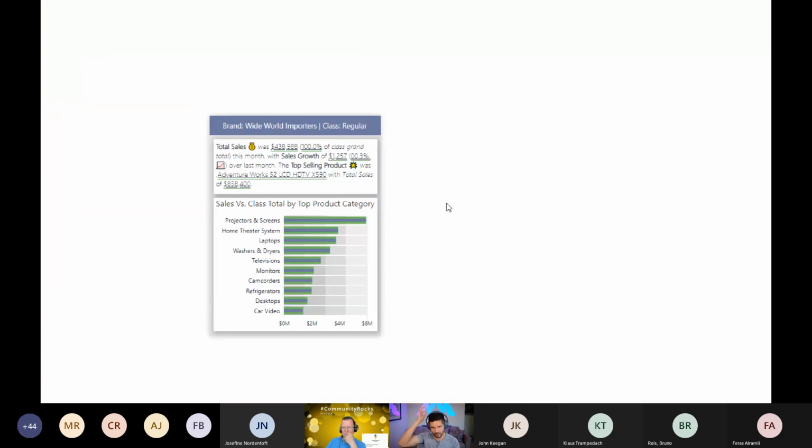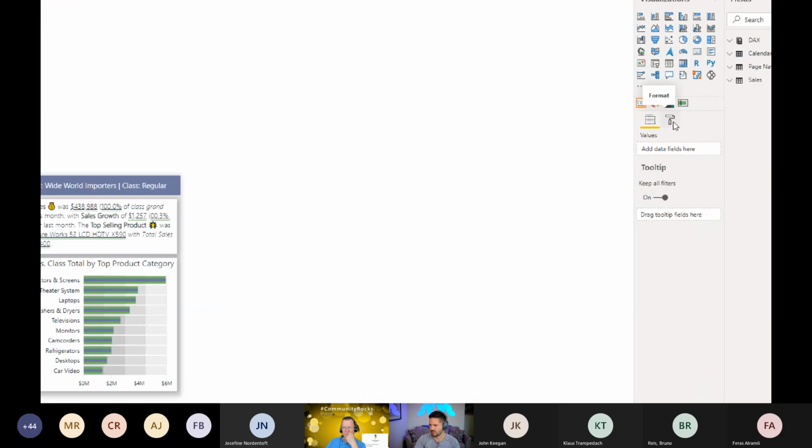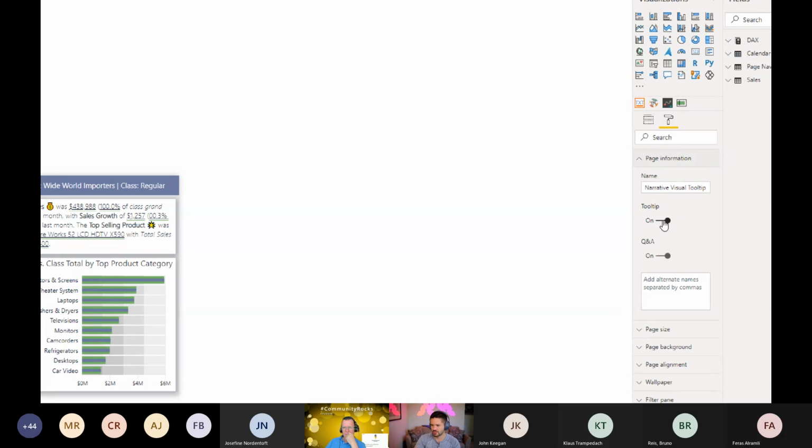And what I'll do is I'll start by just working my way from the top down. For those who might not have created a report tooltip before, there's just a couple of settings that need to be done for that. On the page itself, when you create a new page, you just need to make sure that the page information, that tooltip is turned on. That basically classifies it as a tooltip, and it allows you to go to any visual and say, hey, for my tooltip, show this page.